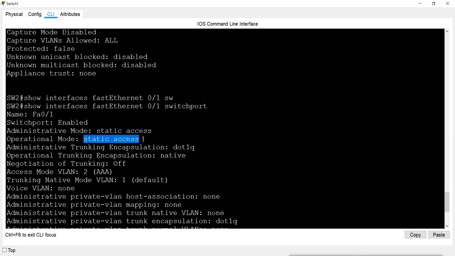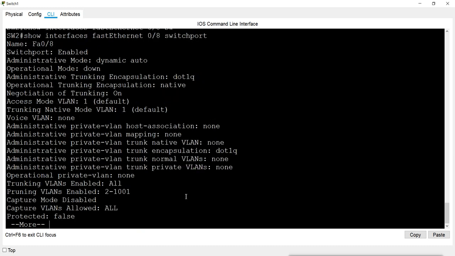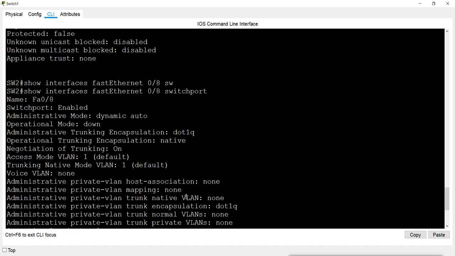Now if you don't convert it, what does it show? If I try to see port number 8, it is not connected. So what it is showing here is that switchport is enabled, but the administrative mode is what? Dynamic auto.